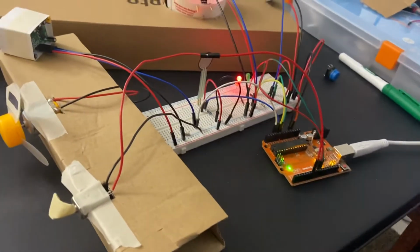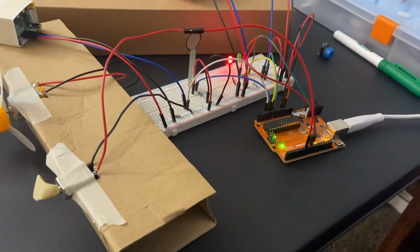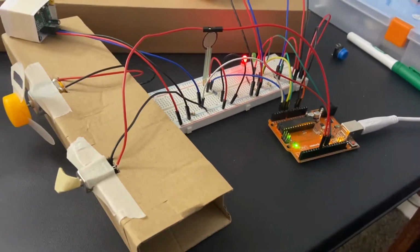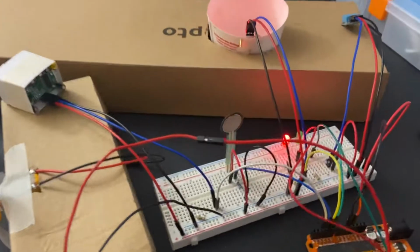This is my final lab for my college computer programming class. For this lab, we were supposed to create or simulate a factory process with our Arduino kit. For this process, I chose to have a